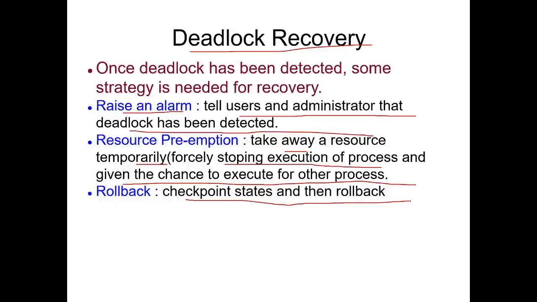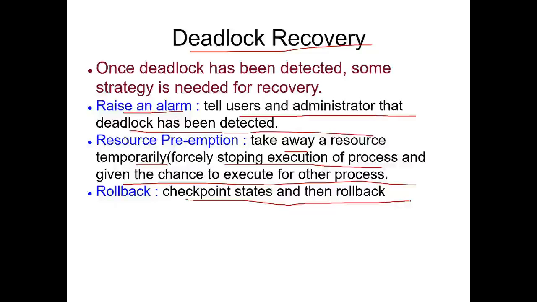If he is fine, then he can move further. If his health is deteriorating, then that person will not be allowed to proceed further. Same way here in the operating system, there are checkpoints. Whenever a process is executing, there is a check on